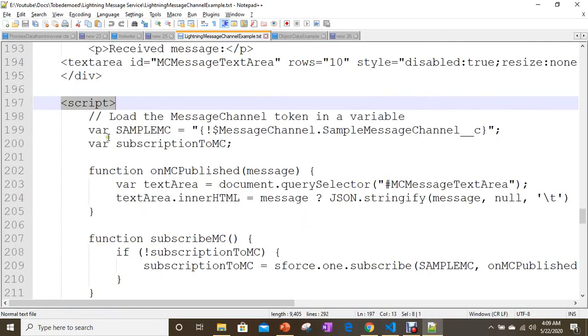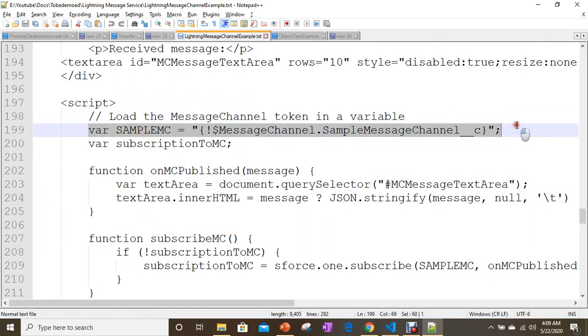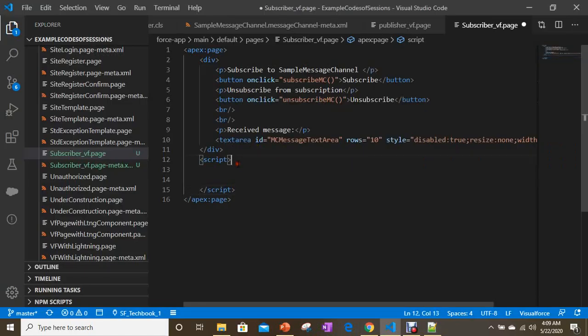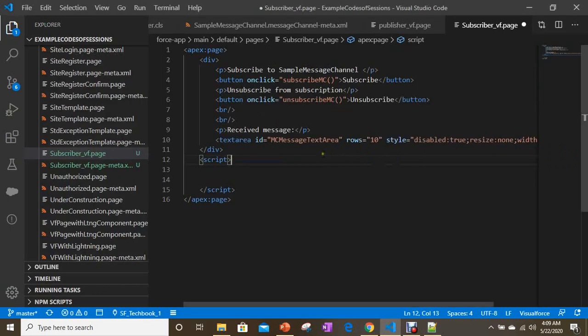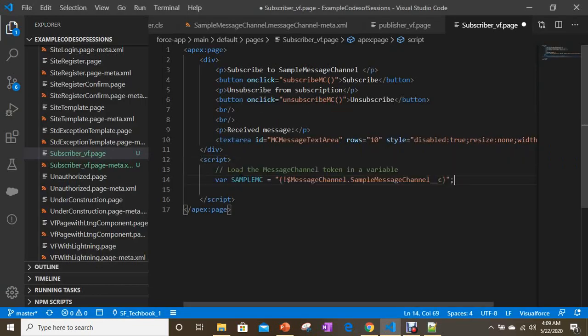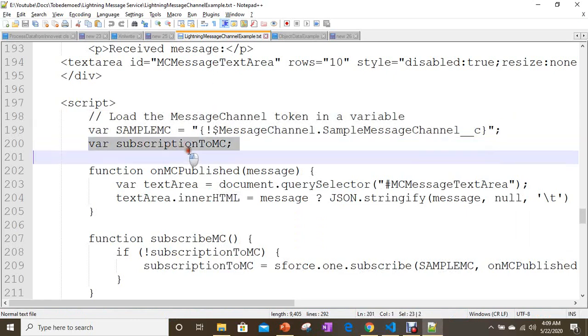In script, in the same way I'm accessing or loading a message channel with the help of the global variable message channel and subscription to MC.